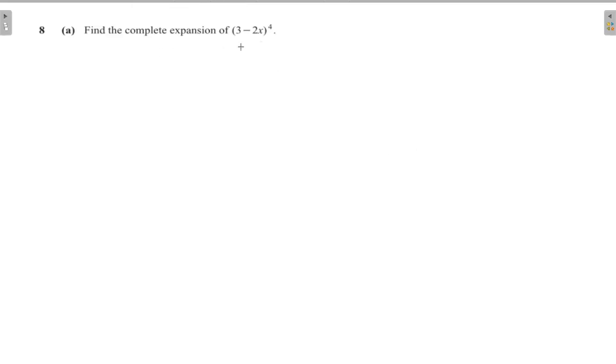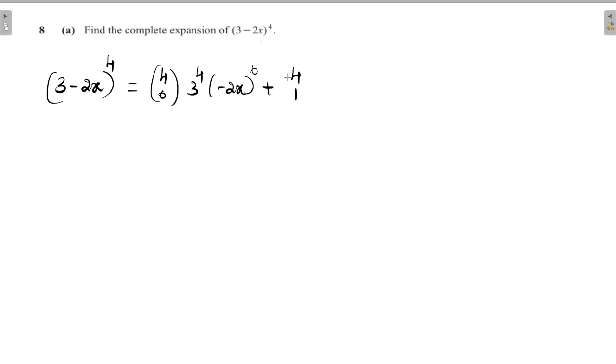8. Find the complete expansion of (3 − 2x) to the power 4. Let's follow the binomial expansion. The binomial expansion is 4C0 × 3^4 × (−2x)^0 plus 4C1 × 3^3 × (−2x)^1 plus